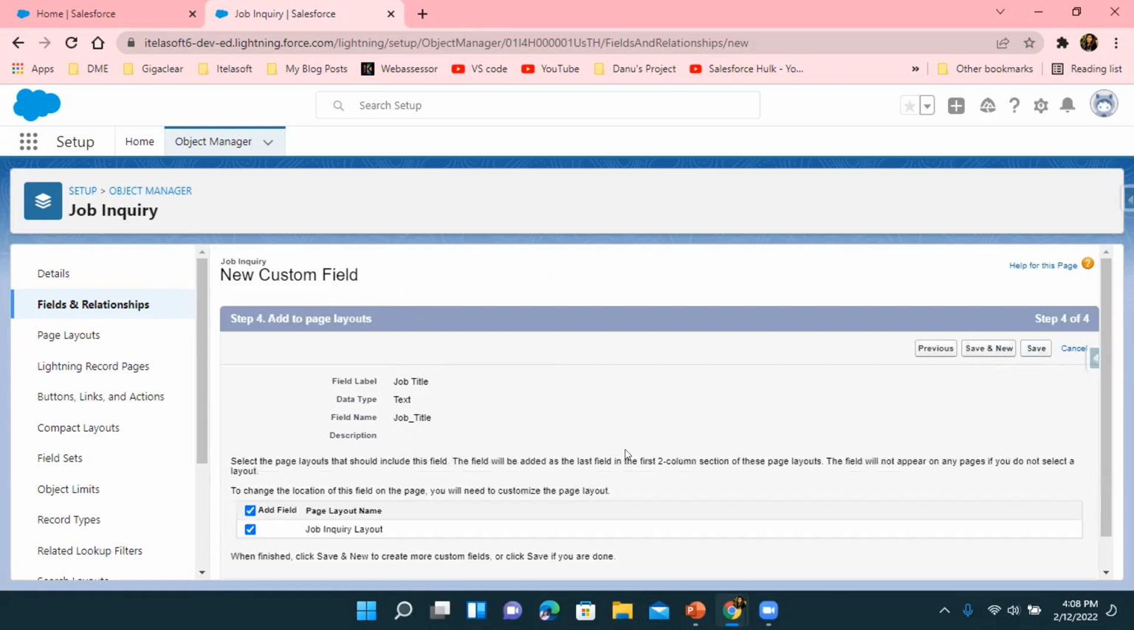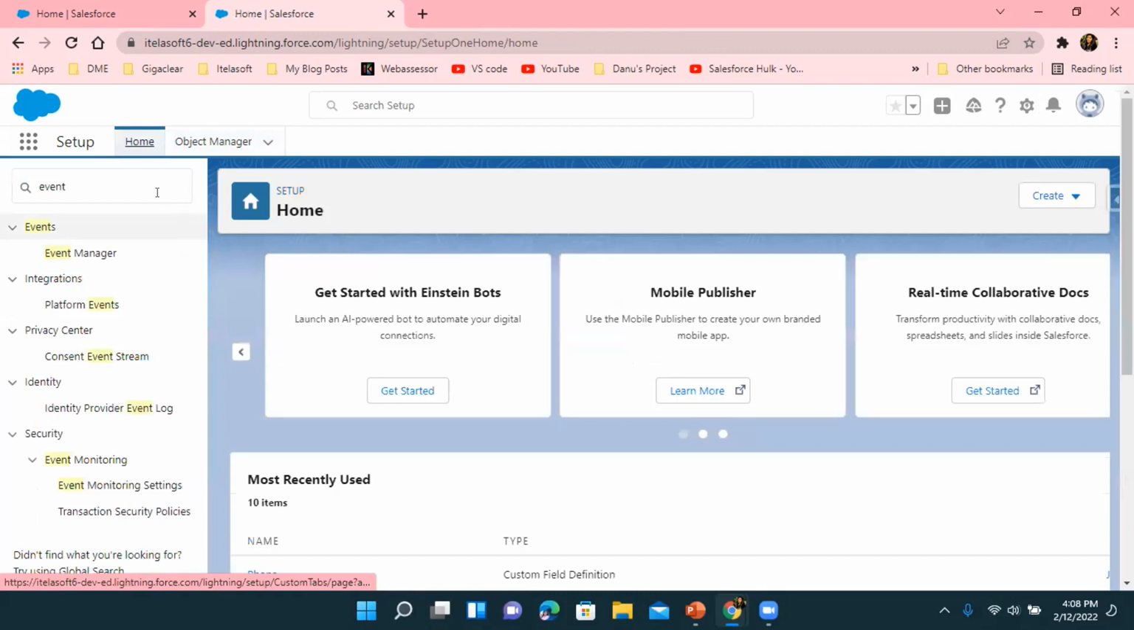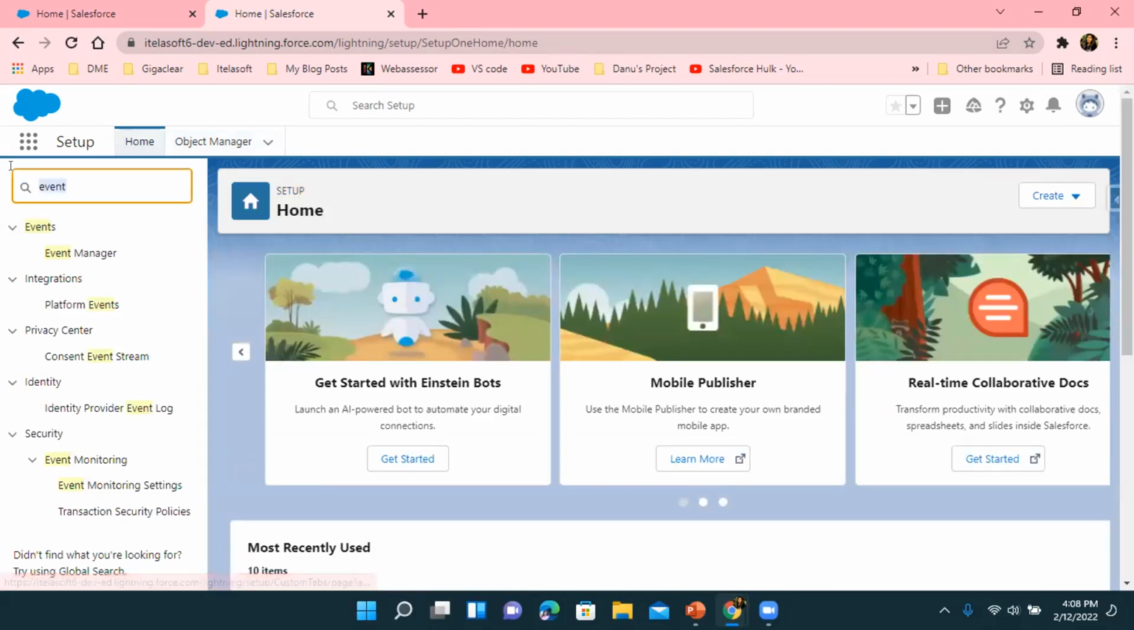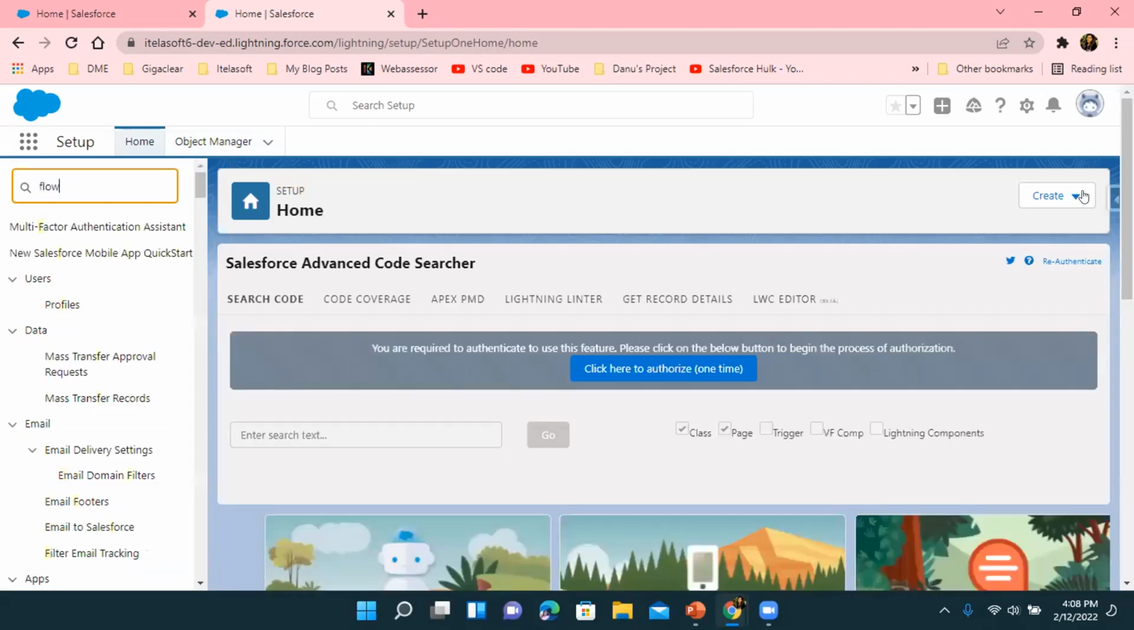Okay. Now our event and object are done. Now let's create the flow. First we are going to create the screen flow. Go to the setup and type flow and go to flows. Then